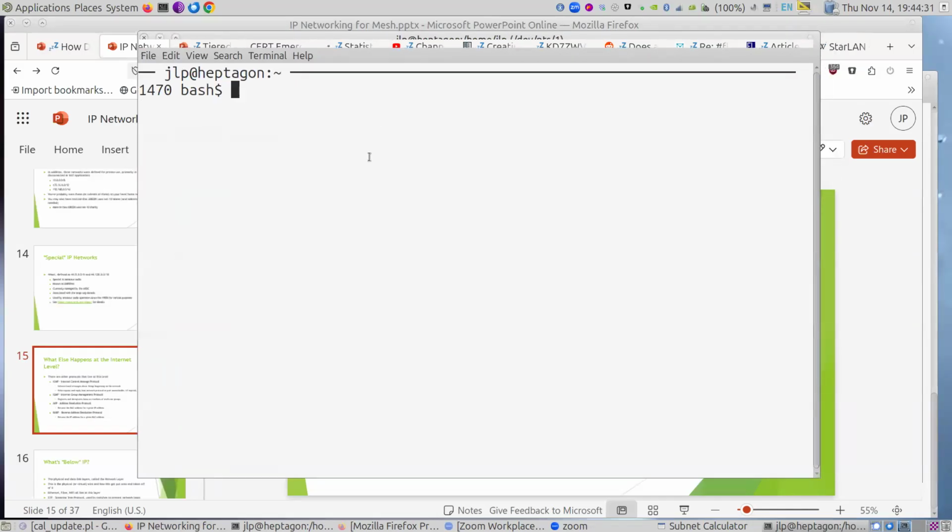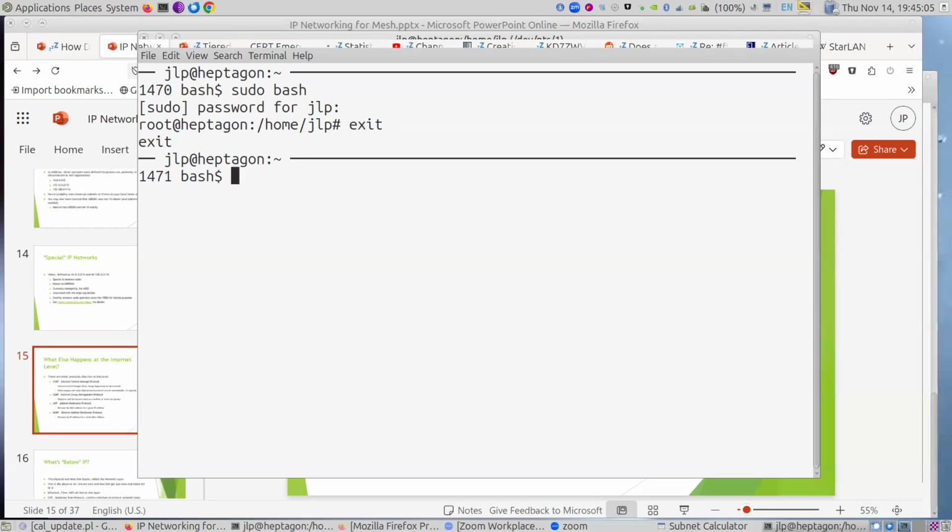And I'm going to run a traceroute. What does the bash and dollar sign mean? The shell that I use is bash, so bash is just an indicator for me that I'm in the bash shell. And the dollar sign says that I'm logged in as myself. If I was to run sudo and put in my password, then you see it changes to a pound sign, and now it says that I'm running as root. I don't need to do this as root, so I'm not going to do that.